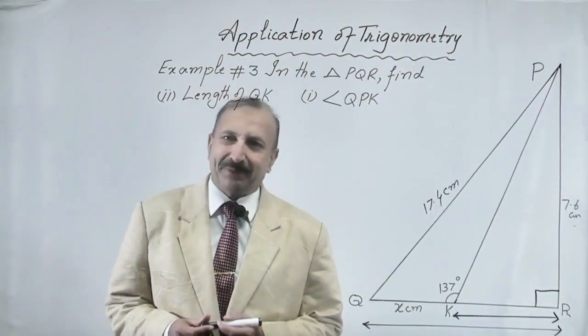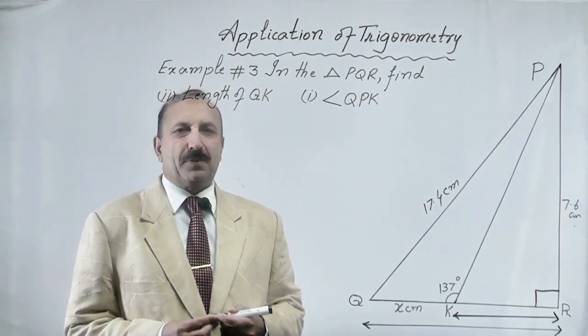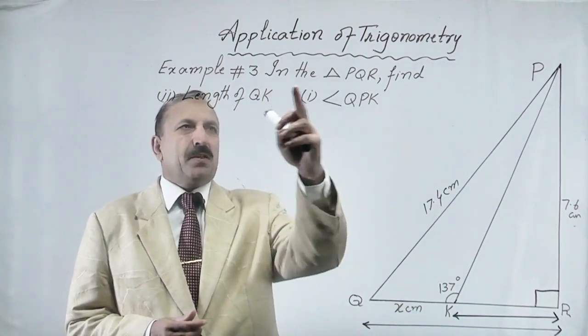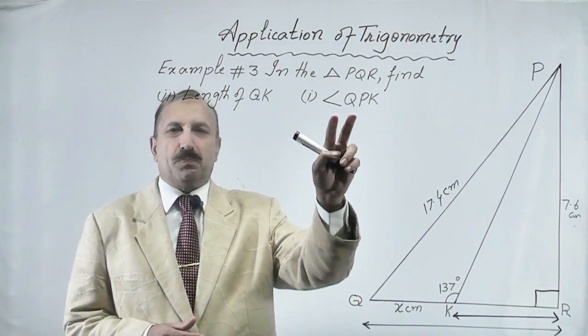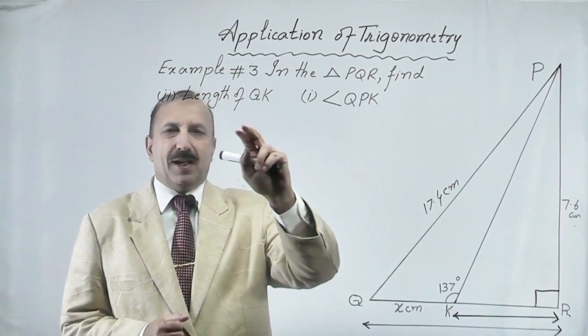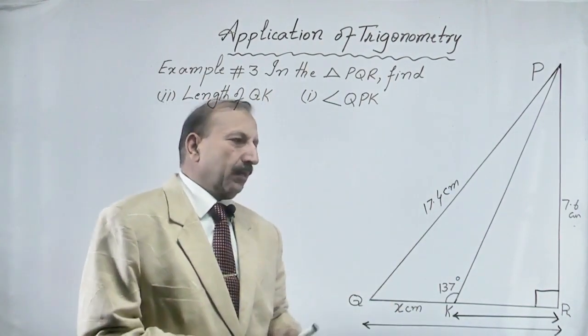Alright, my dear students, let's have another example, which is an application of trigonometric ratio. Example number 3. Here we have a triangle PQR in which we are supposed to find two parts, angle QPK and length of QK. Here is the picture given. This is triangle